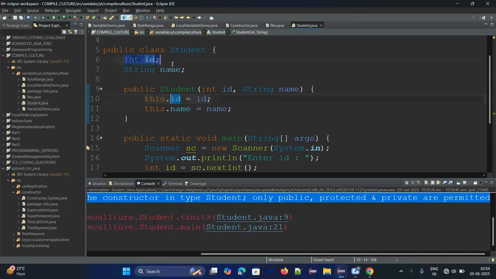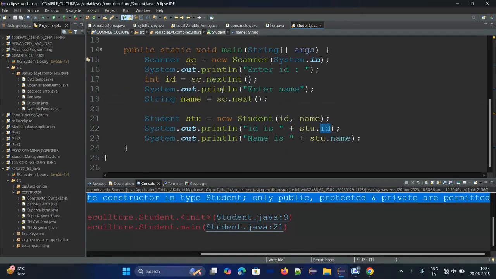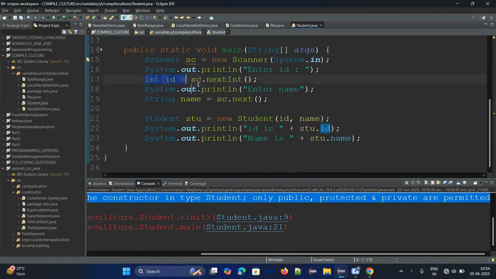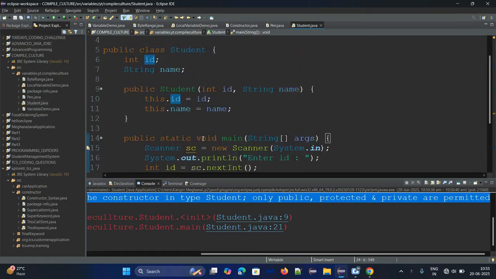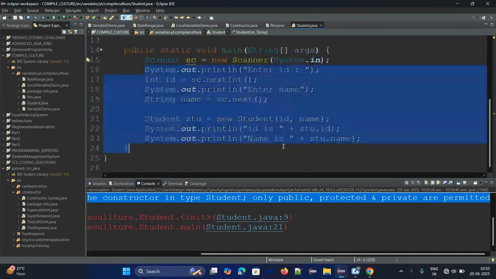See here, these two are the instance variables, right? See, these are the normal variables, int id and name. We can access these two values inside this method only. We can't access them here directly because these are the local variables.